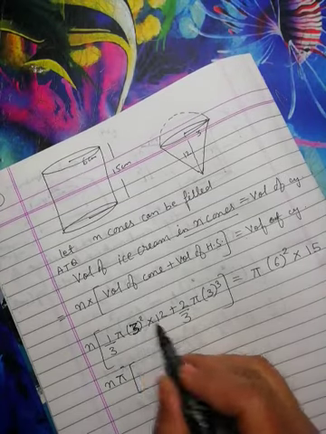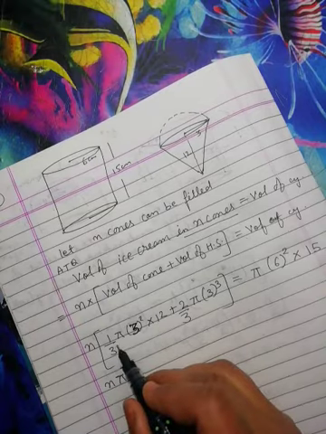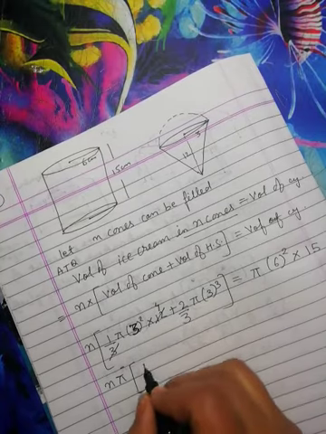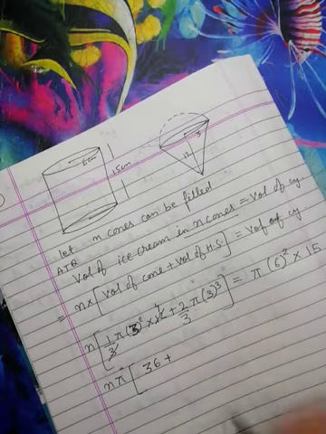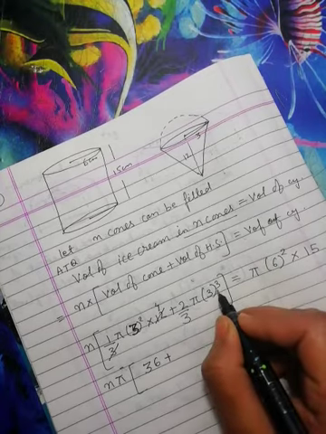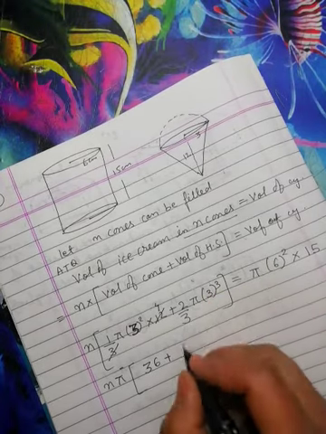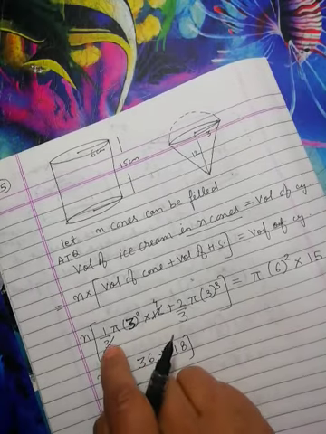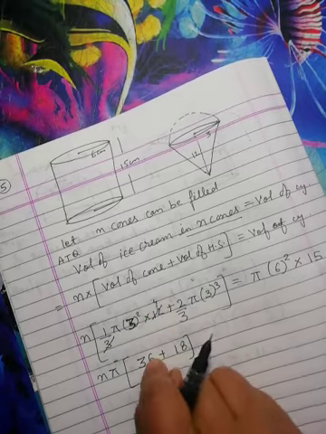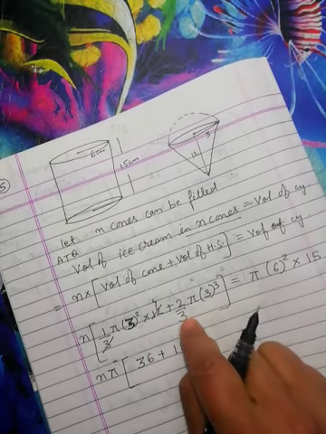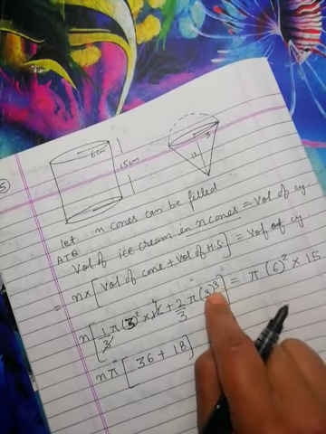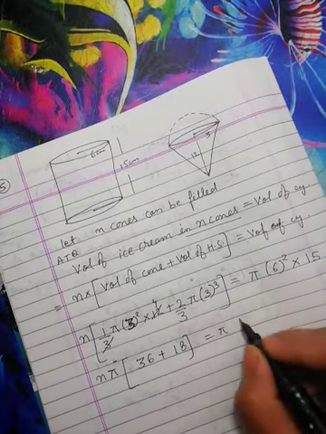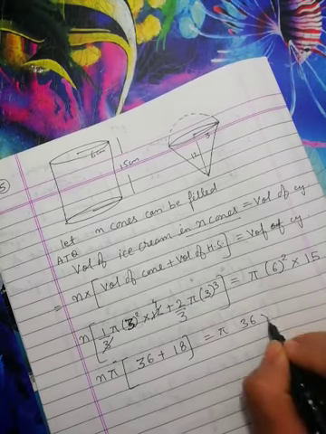3 square is 9 into 12 because अच्छा इसको 4 कर लेते हैं 1/3 pi r square h. This is 9 4s are 36 plus थोड़ा थोड़ा कैंसिल भी करते जाते हैं ना. This will be 3 will go. 3 square is 9 2s are 18. Pi we have taken out. ठीक है, कैलकुलेशन आपको समझ आई होगी आई होप. This 3 4s are 12, 9 into 4 is 36. Now it is 3 cube. So when you will divide by 3, it will remain 3 square only. 3 square, that is 9, 9 2s are 18. Is equal to pi times 6 6s are 36 into 15.